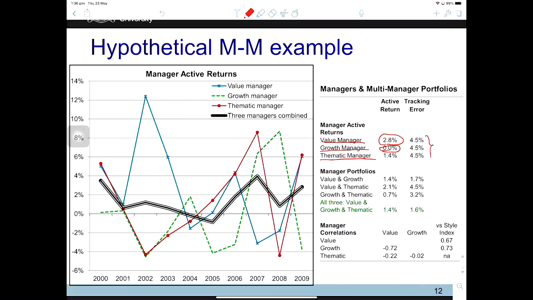Then, okay, why not allocate my funds to 3 of the managers? Each of them will take 1/3 of my total asset allocation into equity. So here we have different combinations of combining multiple managers of different styles. When you combine 3 managers together, you generate, on average, 1.4% excess return